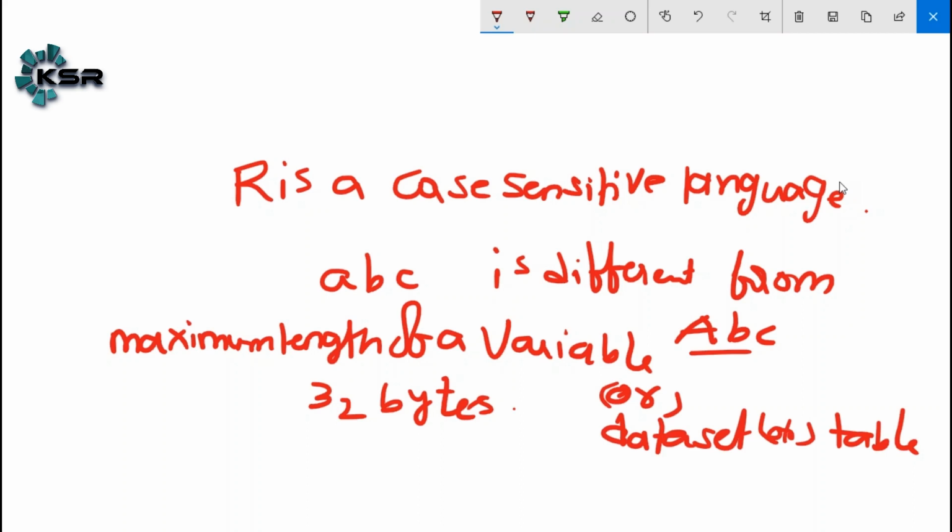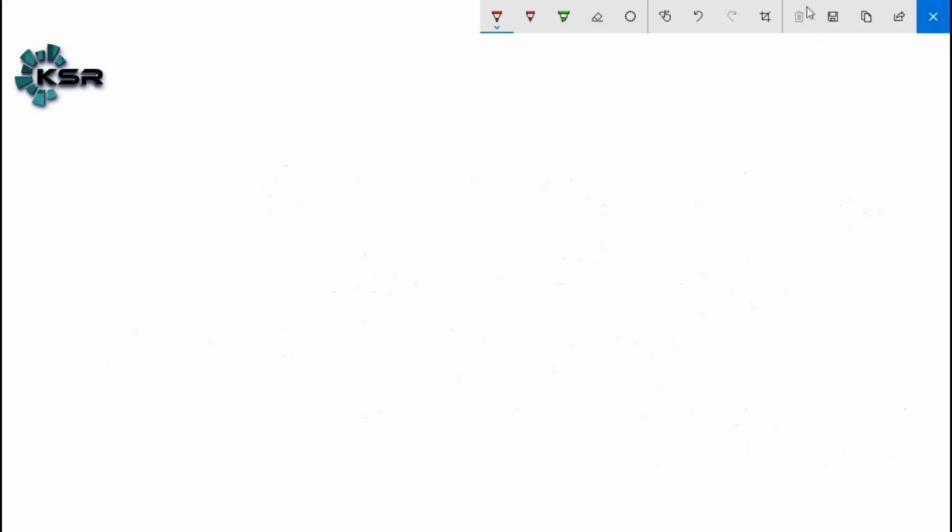If you want to create a table or a variable, it should start with letters.